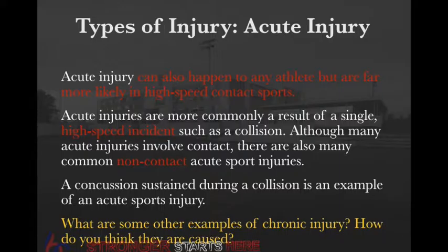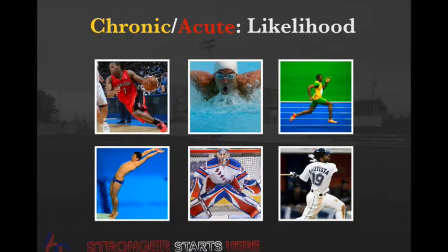Again, thinking now about how they might occur in your sport is a really good idea. And at this point, just to move along, I like to use this in a lecture setting sometimes to guess chronic and acute likelihood of injury here. So we've got a few different athletes, and we want to understand that all of these athletes in their sport-specific settings are definitely prone to both types of injury, but it's more likely that each one of them has an individual risk category.